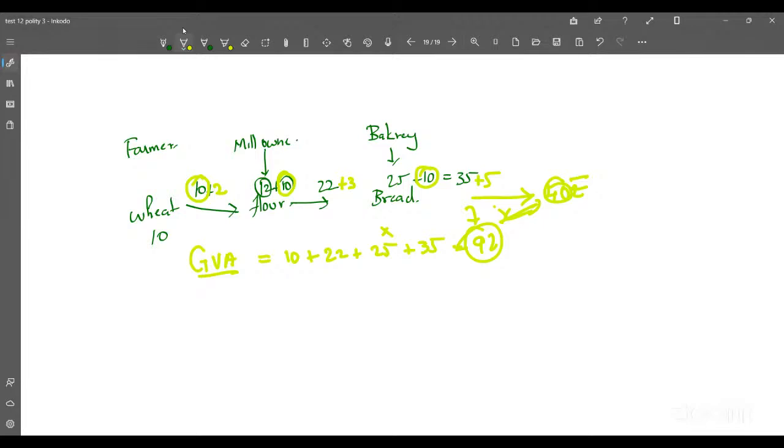So how much value was added in the first stage? It was 10 rupees. How much value was added in the second stage? It was also 10 rupees. How much value was added in the third stage? It was also 10 rupees. And how much are the taxes? 10 rupees. In total, if I calculate them, what I get is what I call GVA, which is nothing but 40 rupees. What I'm doing is adding up all the values added at each stage of the